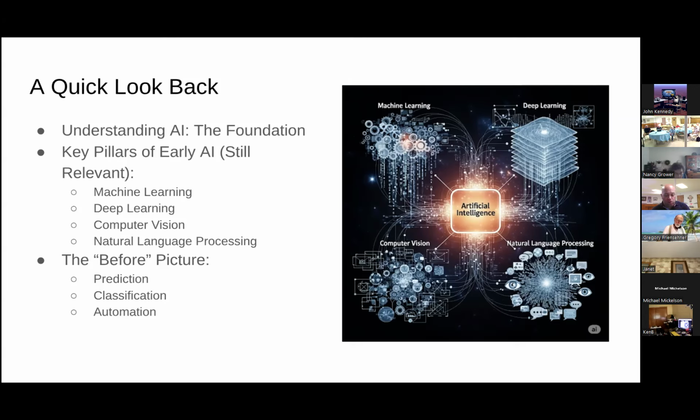And most Android and Apple users probably don't even know this, but if you go to your photo library and you hit the search, you can type in cat and it'll show you all your pictures with cats in them. Pretty handy if you want to show off your furry friends to your new people that you're talking to. Another one of the older solutions from these early AI pillars is automation, streamlining repetitive processes. Significant progress is being made, but often required vast amounts of labeled data and specialized expertise. That's kind of the wrap up of the before picture.